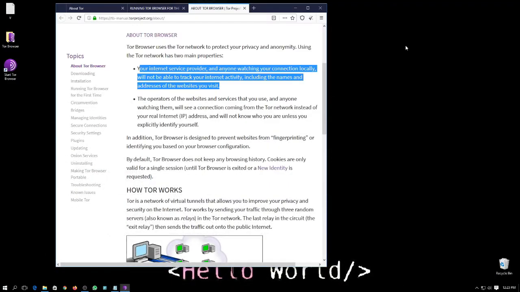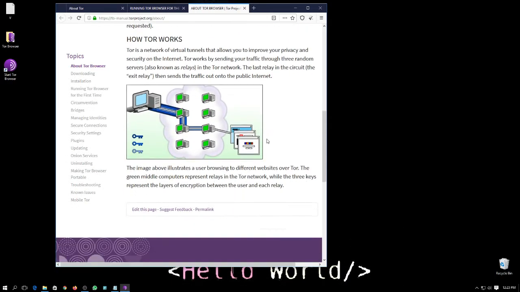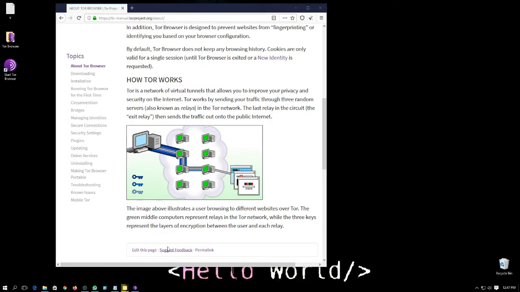So it means that, as you can see here, this PC wants to connect to a website. For example, it wants to go to facebook.com. Its request will come here and then to this PC and then this and then to the website he or she wants to visit. Now what will happen here, if my ISP or any service provider or someone wants to track me, they will get the server or IP of this PC or this server.